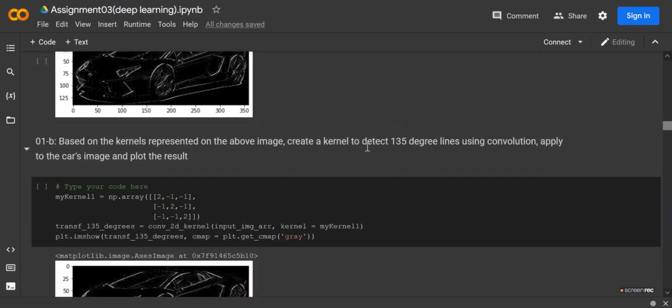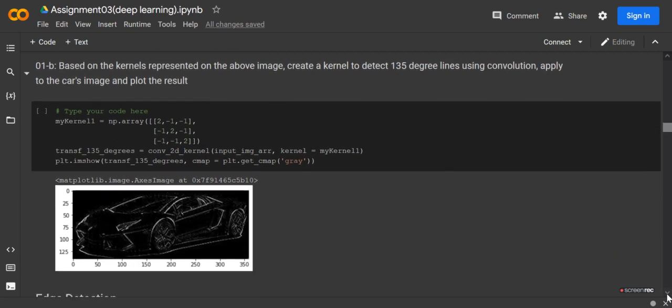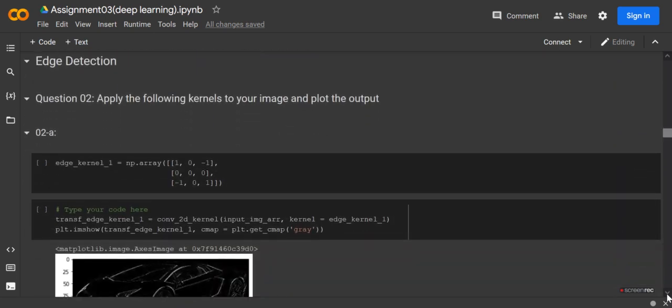Now we have to create a kernel to detect 135-degree lines using convolution. So in the same way, we just write it, transforming it to 135-degree instead of the above orientation. Now apply the following conditions to your image. Now how to